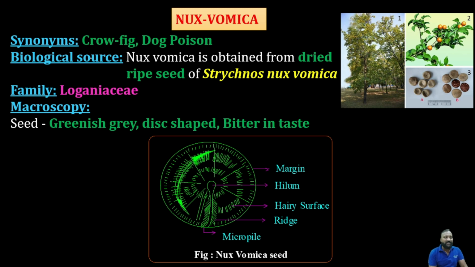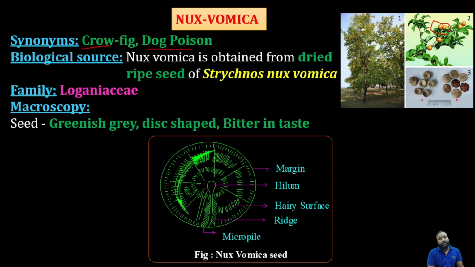Now we can see the synonyms: Quaker buttons and dog poison. You should definitely remember the synonyms. I have said many times, while explaining each and every alkaloid, that I stress the synonyms mainly because most of the questions ask about them. If there are special names, like fig, which is a fruit, you can see it right over here in the earlier stage, as in nux vomica.